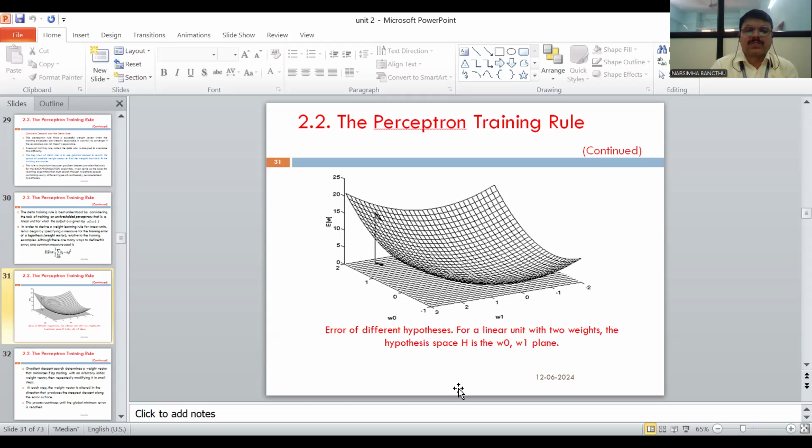Error of different hypotheses for a linear unit with two weights. What is the hypothesis actually? We are using this term here. So hypothesis is nothing but an assumption, right? The value may be like